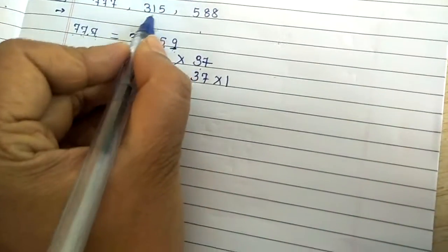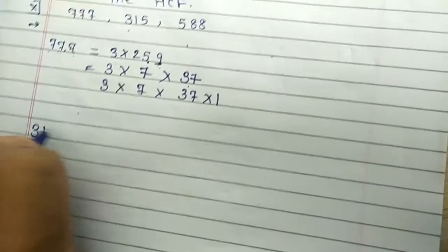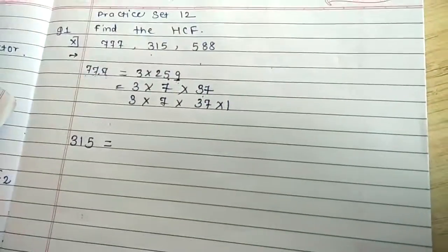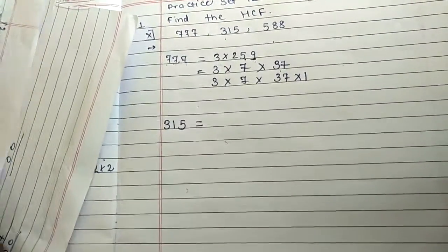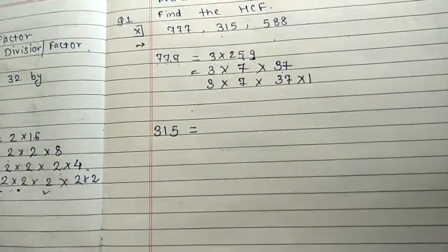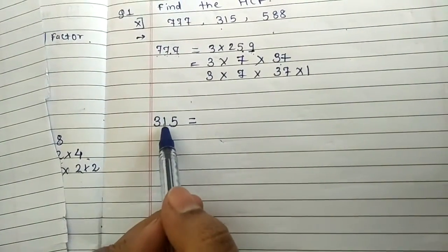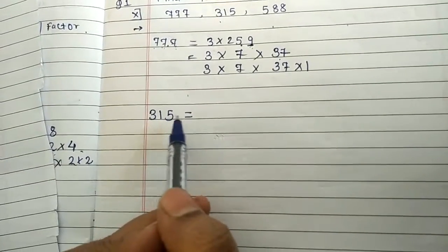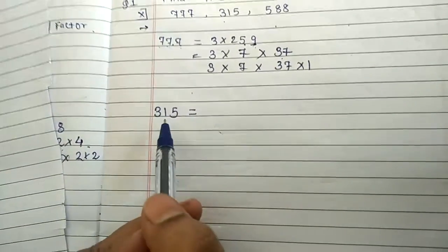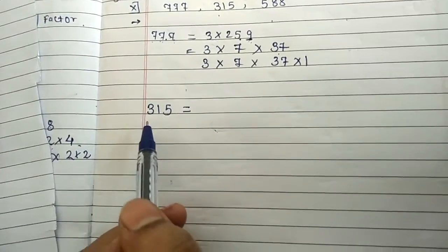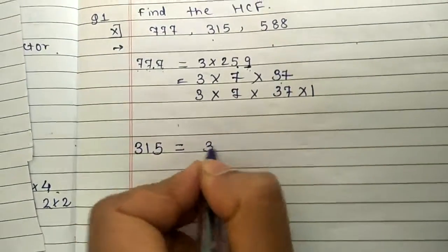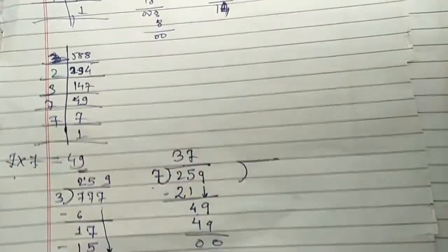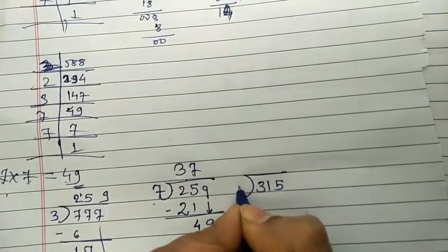So now next we are going to see 315. So to do the addition, 5 plus 1 is 6, 6 plus 3 is 9. So 9 is coming in the three table. So it means these numbers we can divide by 9 also, 3 also, and by 5 also. So here, 3 into... now see, it is a bigger number, so do not do that directly. Here we are going to use the regular method. So 315 divided by 3.